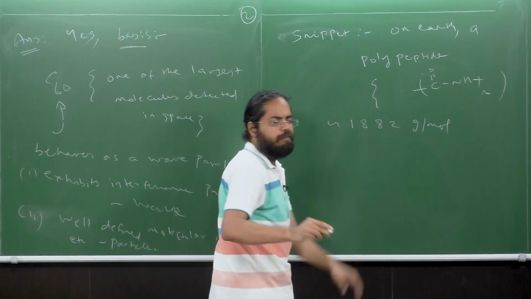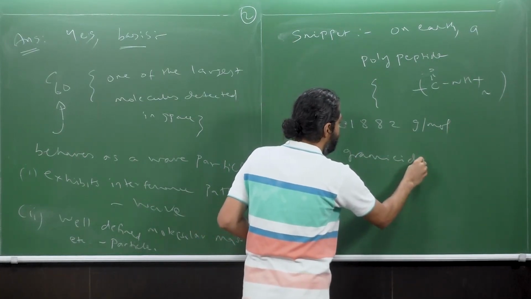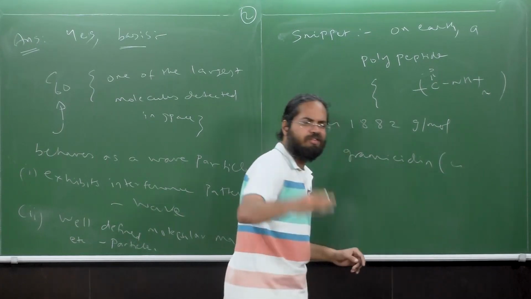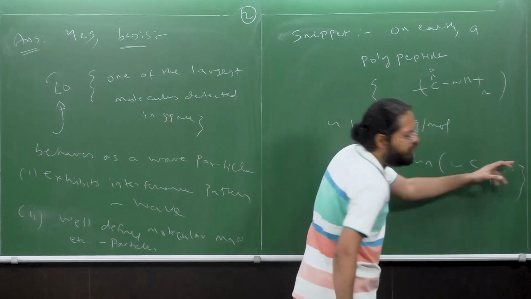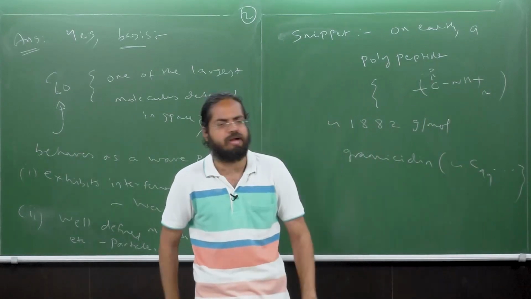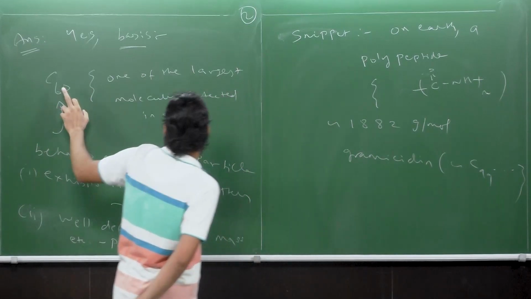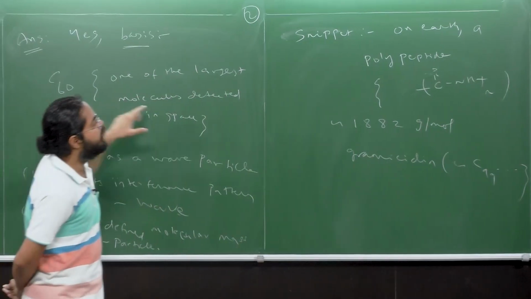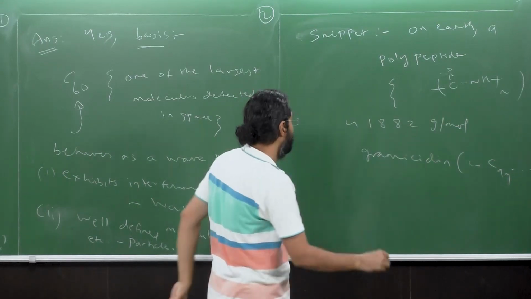The molecule's name, if I recollect correctly, is gramicidin. It is roughly a C99 system containing some nitrogens, oxygens, etc. So it's not just a molecular mass of 720, but even a molecular mass as large as 1882 that exhibits